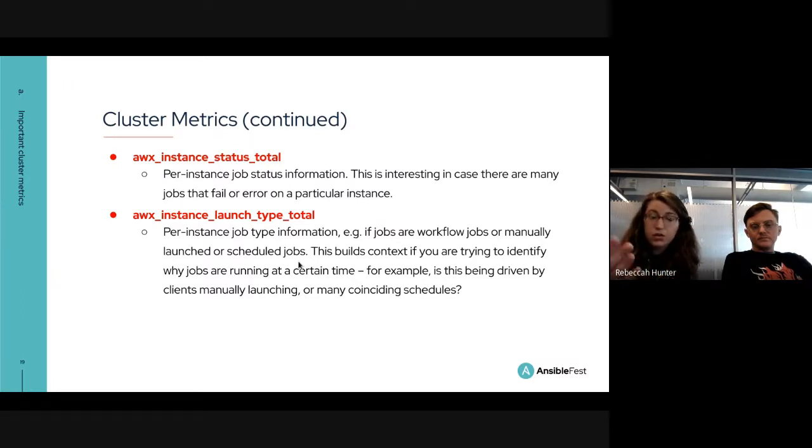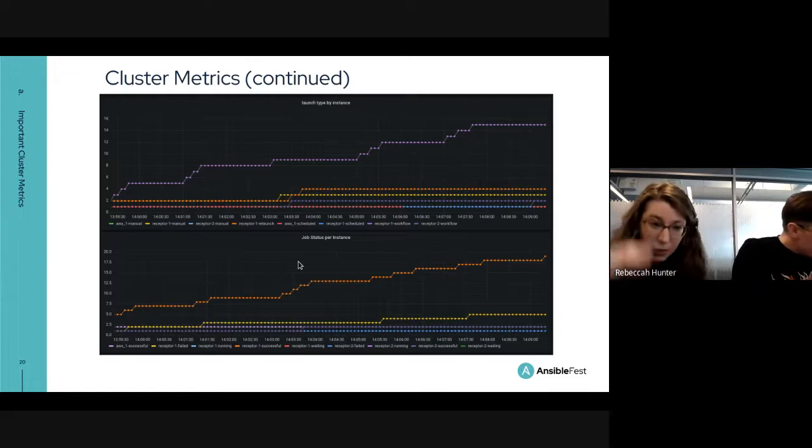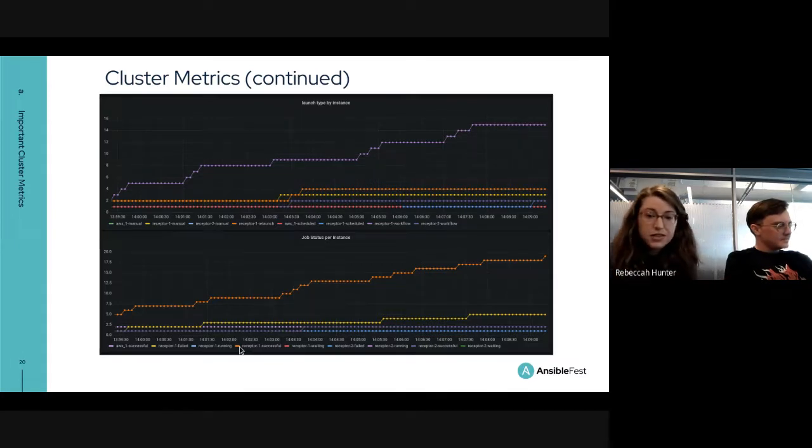This will help you figure out if that's happening. And you can actually see that in this graph that we've pulled up here. You can see that I believe it's receptor 1 workflow that is purple. Almost all of the workflows are ending up there. Not necessarily anything wrong in this graph, but definitely something to keep in mind.